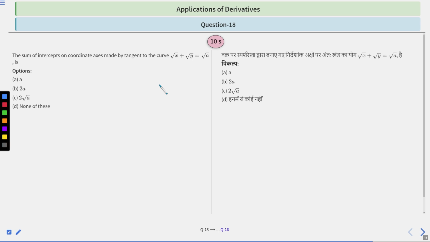And we have to basically find the sum of the intercepts on coordinate axes, right? So how will we find the sum of intercepts? When we put x equal to 0, we will get the y intercept, and when we put y equal to 0, we will get the x intercept. Clear? Also, we can get intercepts by writing the equation in intercept form. See, if x by a + y by b is equal to 1, if the equation is written in this form, then its x intercept is a and y intercept is b, right? Clear? So we can also write the equation in this form. So this was the hint and methods to solve this question. So we have 10 seconds to solve this question. After 10 seconds, we will discuss the solution.